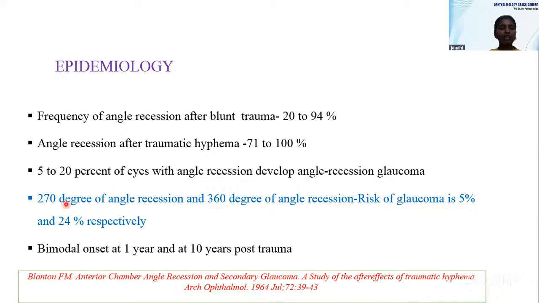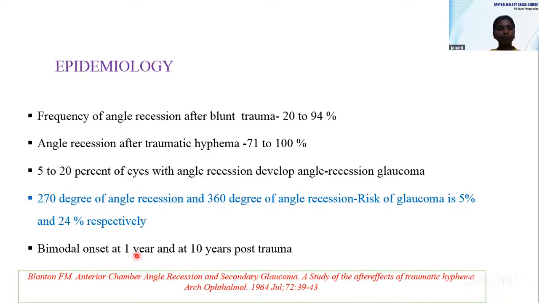Like when there is 270 degree of angle recession, then the risk of glaucoma is 5%. While when there is 360 degree of angle recession, the risk is 24%. And also, we should know about the bimodal presentation. It's not that it can occur only after 10 years of trauma. The bimodal presentation is it can occur either within 1 year of the trauma, the most common being. The two most common presentations will be either before the first year after trauma or at 10 years